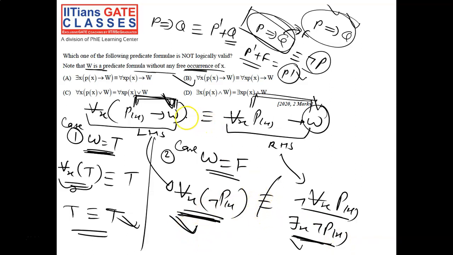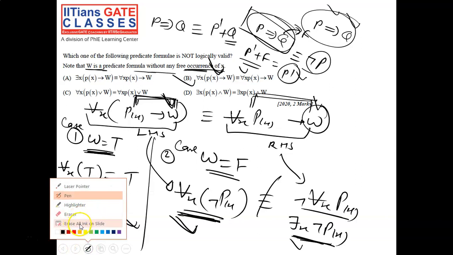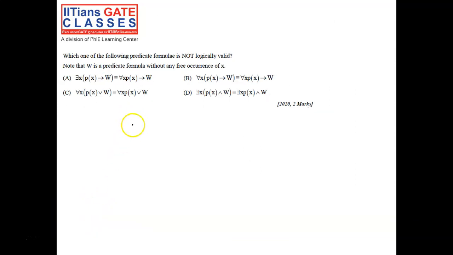So you can see that this is not equivalent to this, so we can say that this b is invalid. This is how you can prove it. So we have proven that this b is invalid. Basically, you can use this method to prove anything. Let's take this one example d, and you can try a and c.